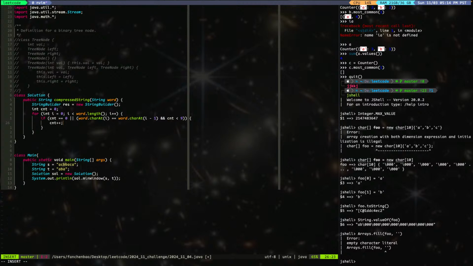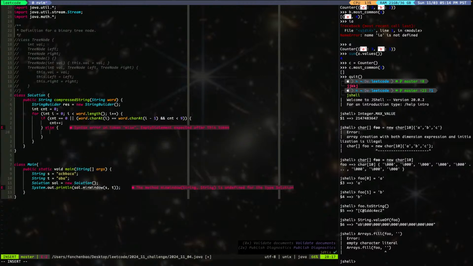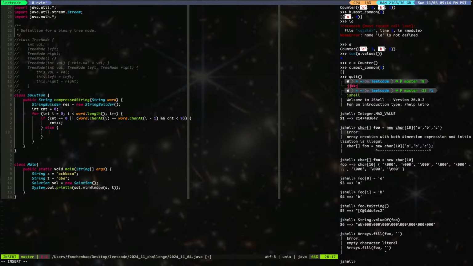Otherwise, else, whatever this else is, it's just word is not equal to, or our count has reached 9, right? In that case, what we will do is